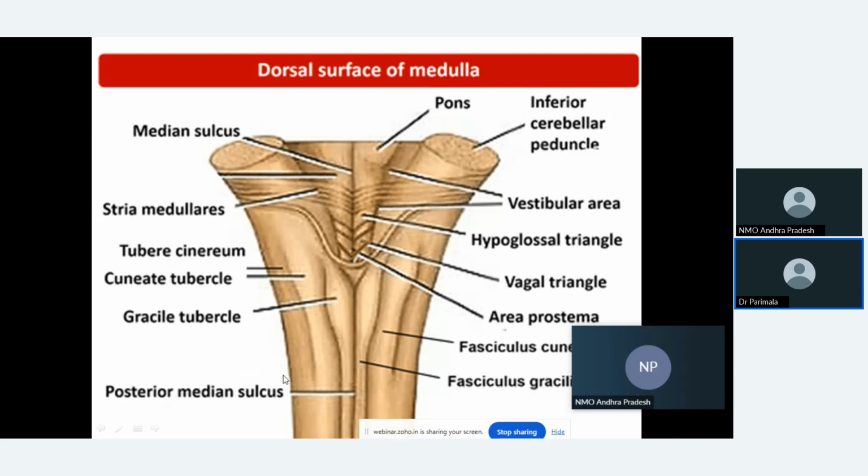This is the section we are going to study, the section at the level of pyramidal decussation, the lowermost section. You will be seeing fasciculus gracilis medially and fasciculus cuneatus laterally. These are the bulges. If you move upwards, this is the section at the level of the middle part, where you are seeing a bulge called the gracile tubercle and the cuneate tubercle. These two tubercles have nucleus gracilis and nucleus cuneatus inside in the section. This is the section at the level of sensory decussation, whereas here on the dorsal aspect, you are seeing fasciculus gracilis and fasciculus cuneatus. Clear? Right.